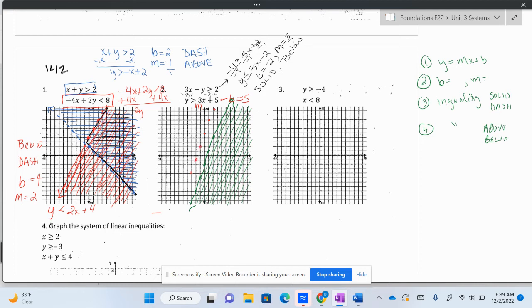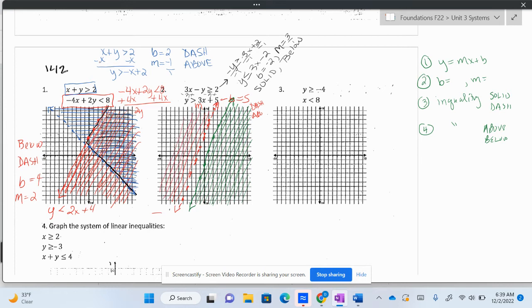So that means my line is going to be dashed. And it's greater than, so it's going to be above. So when I shade above,